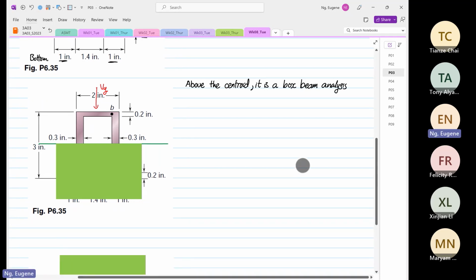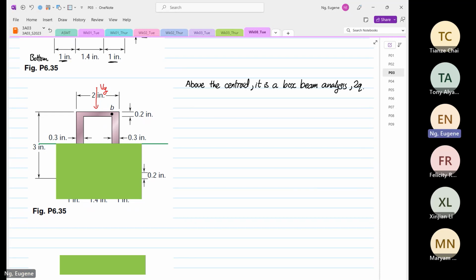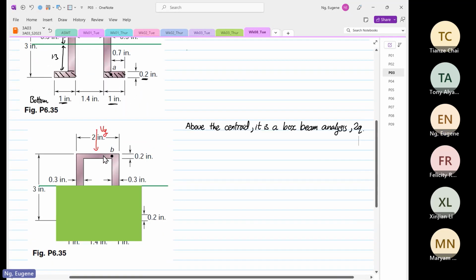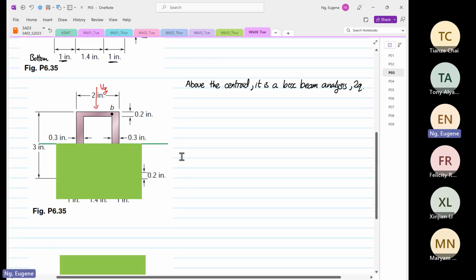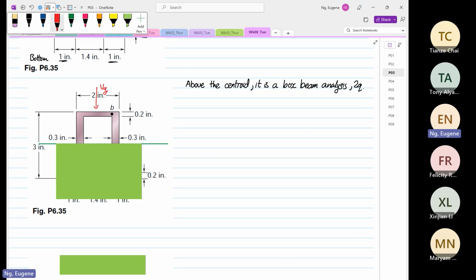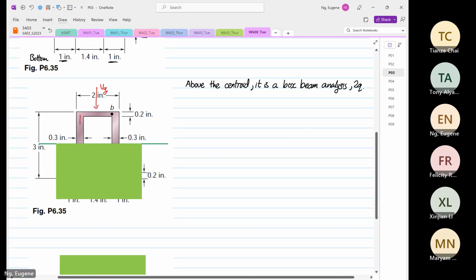And when you write a box beam analysis, I want you to have a habit to just put 2Q. Why 2Q? Now if we were to design the shear flow, again, the major web controls the shear flow, and then it will be coming from the center over here. So over here,